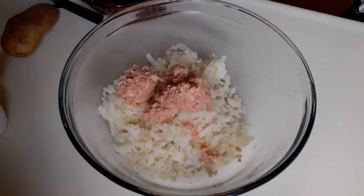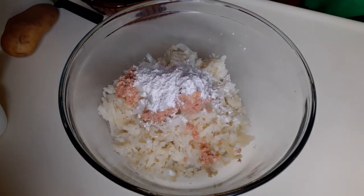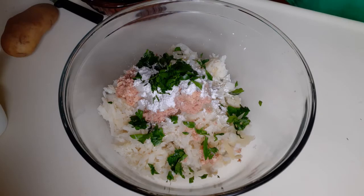The deviled ham, and oh, isn't that just a lovely bit of canned meat? Goodness. Yeah, I went ahead and poured some of the grease off the top and it's still sitting there. Our 3 tablespoons of chopped onion, the 2 tablespoons of all-purpose flour, 2 tablespoons of snipped parsley, and I used the Italian